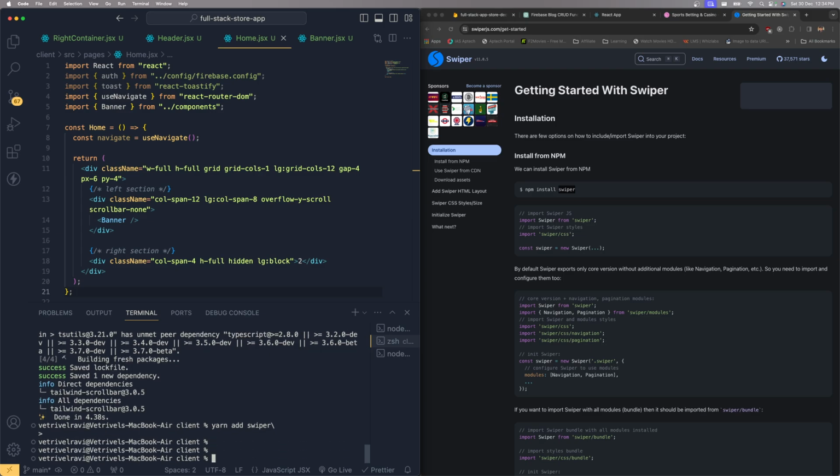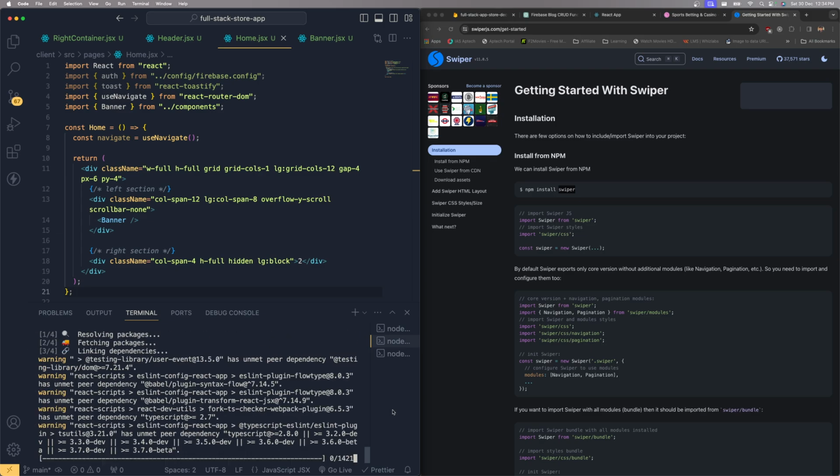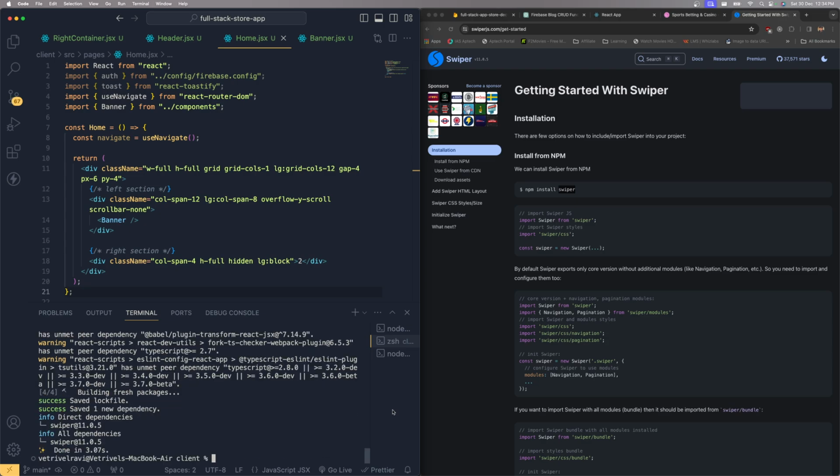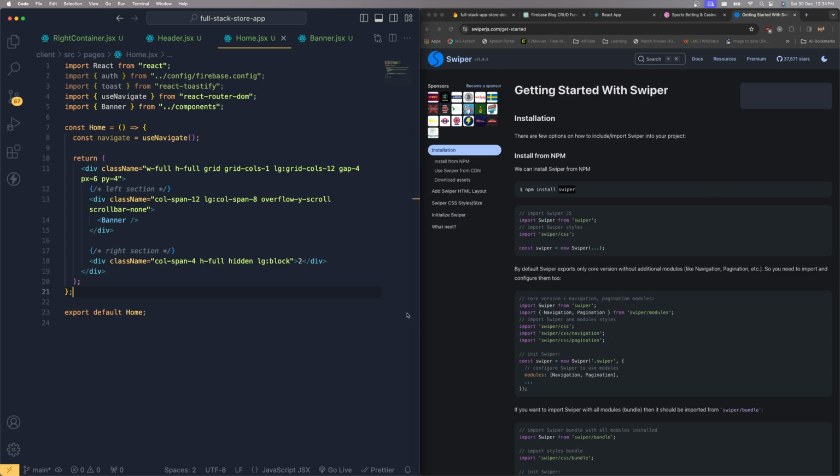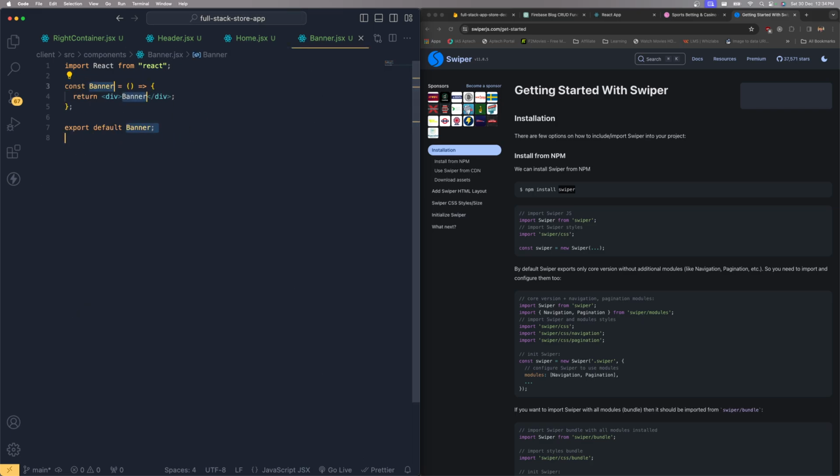Oops, swiper. So this will install the swiper package into your project. Okay, so then what we are going to do is, let's jump into the banner. So what we have to do is